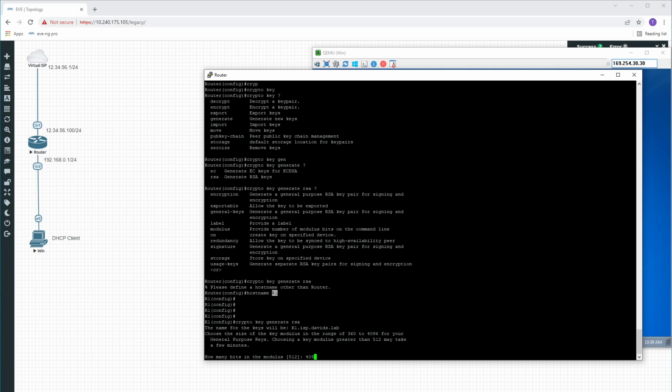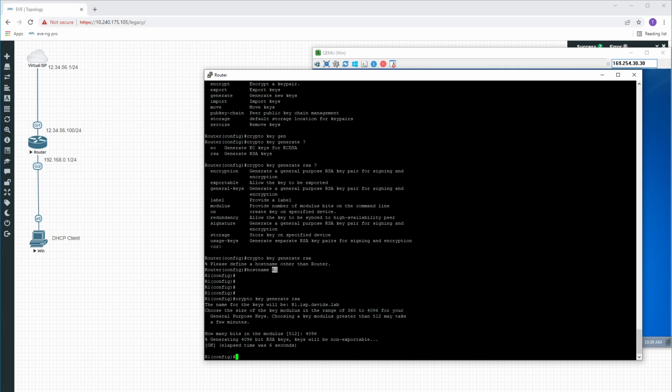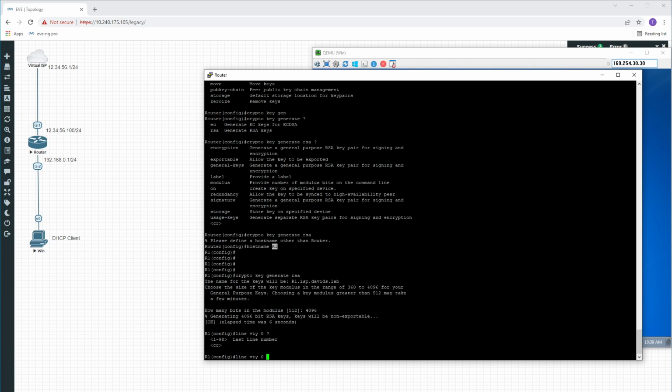We want to make it as complex as possible, so we'll use the maximum bits. Right now the router is generating the key that will be used to encrypt and decrypt the SSH traffic, and it's done. Now if you go into line vty, which is where you configure the management access,